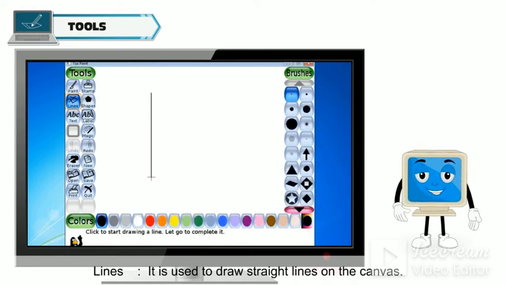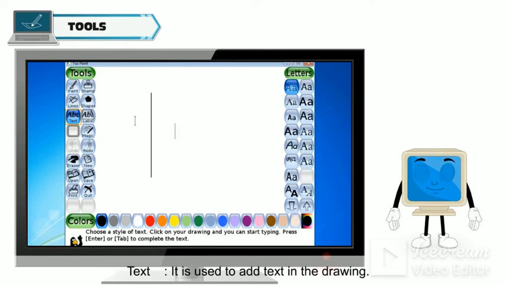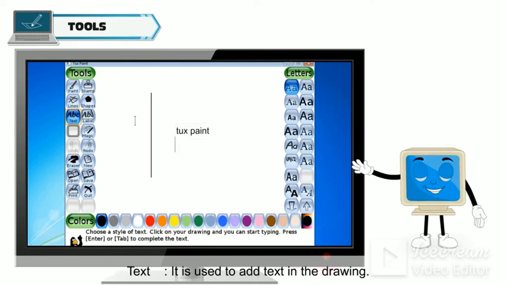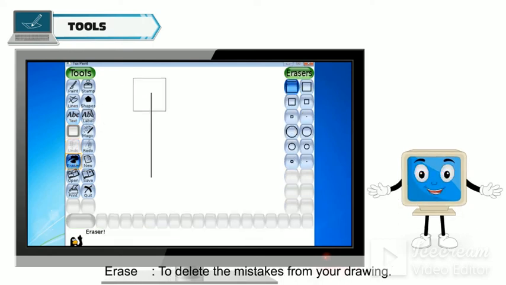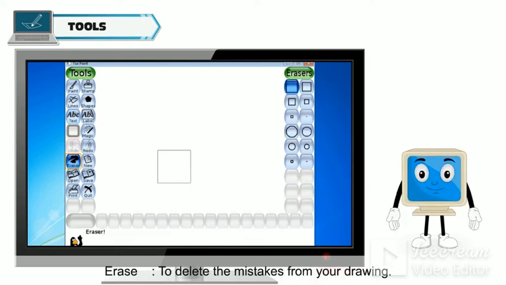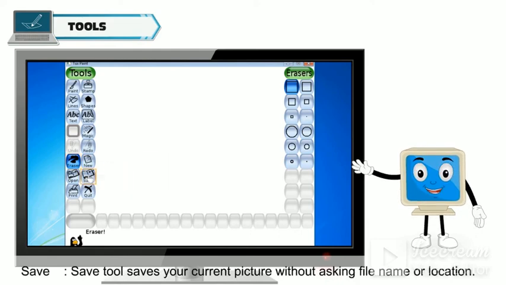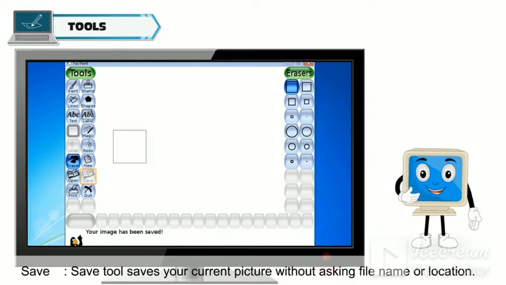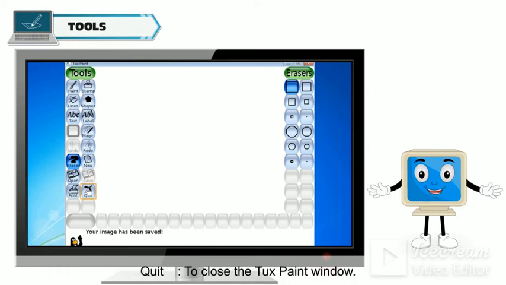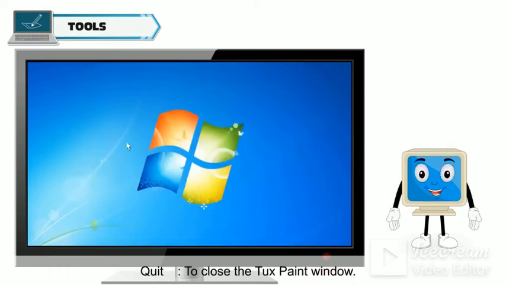It is used to draw straight lines on the canvas. Text. It is used to add text in the drawing. Undo. To go one step back in current drawing. Erase. To delete the mistakes from your drawing. Save. Save tool saves your current picture without asking file name or location. Quit to close the Tux Paint window.